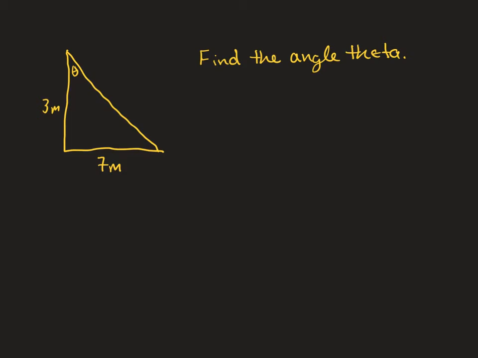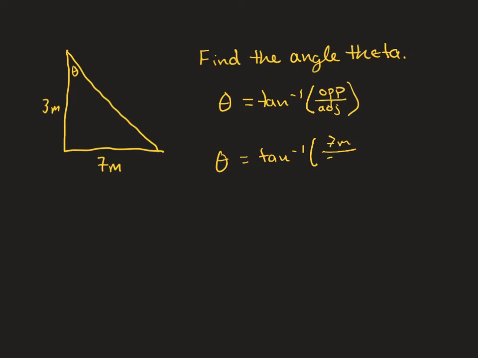Since I have the two sides of the triangle and I'm trying to find an interior angle, first thought is to use inverse tangent. So inverse tangent of opposite over adjacent. So the inverse tangent of opposite would be 7 meters divided by adjacent, which is 3 meters. The angle in this case would be